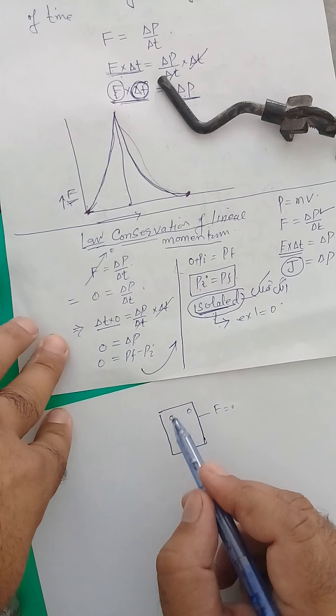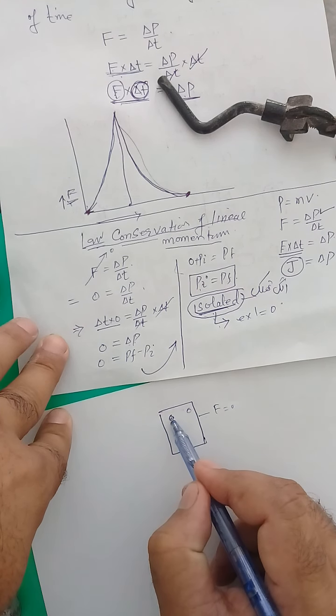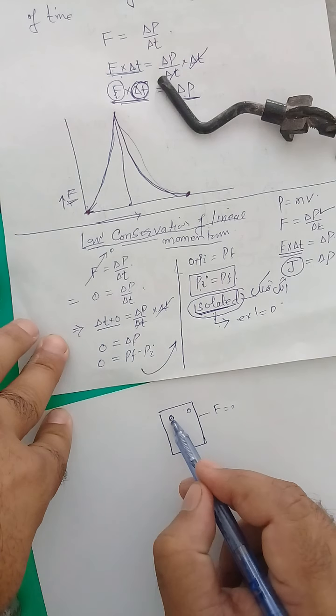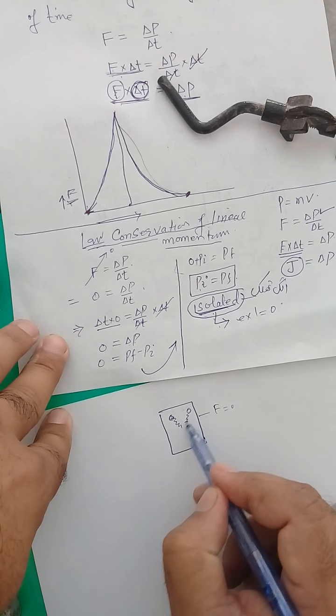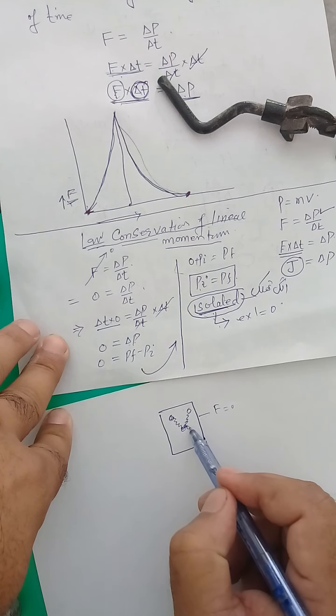So let's consider we have an isolated system, a gas in a cylinder. This is a mass m1 of an atom, this is m2, having initial velocity v1, and initial velocity v2. When they collide elastically,